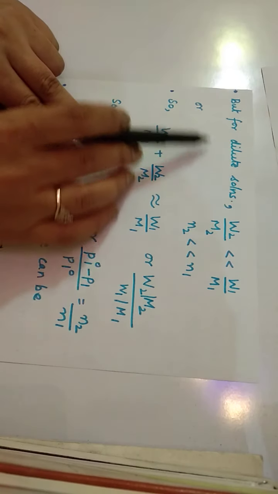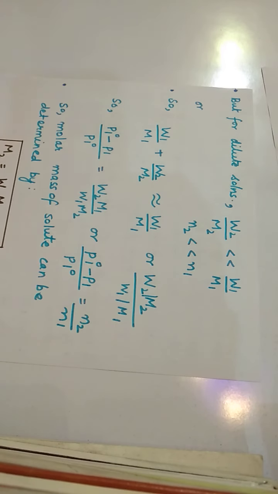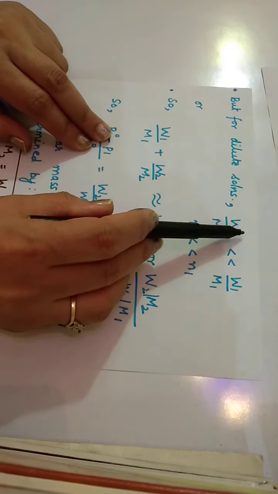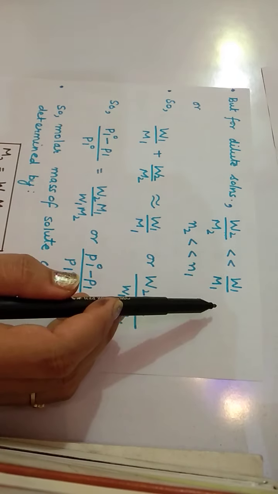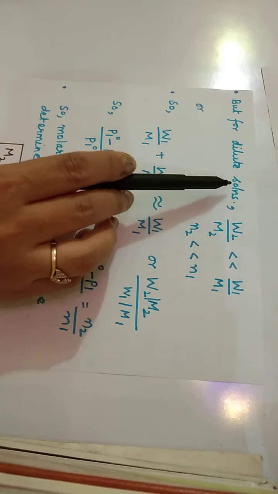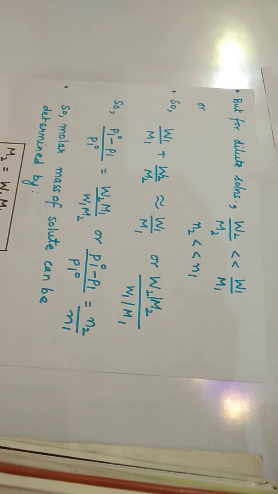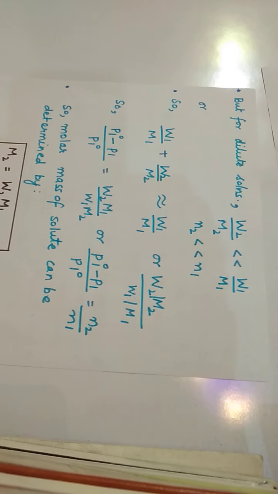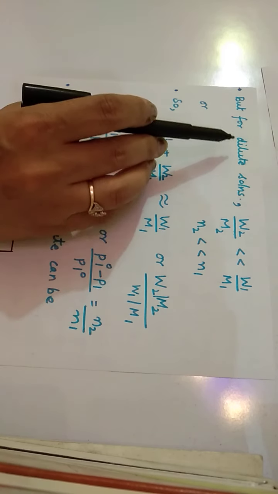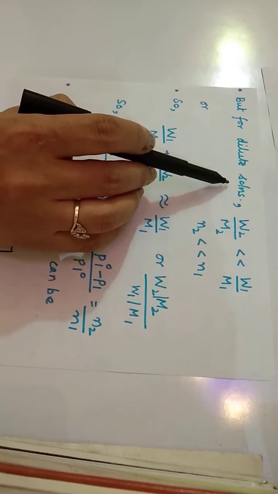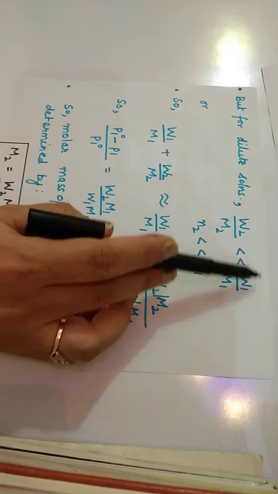But if, children, the solution is dilute, that is, it is having more amount of water, then the number of moles of solute are less than the number of moles of solvent, because the solvent is large in quantity. If the solvent is water and if you add more and more water to the solution, then more water means the solution has become dilute now. So the number of moles of solvent is very large.